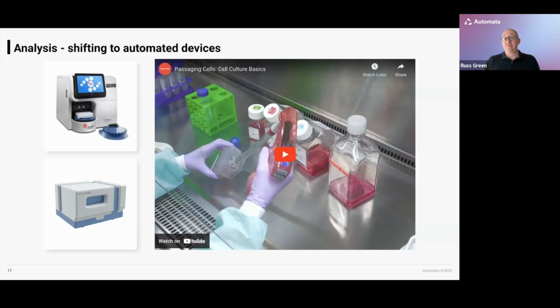But there are other devices that will work at a much higher magnification, or perhaps there are other kinds of analysis that need to be done, such as flow cytometry or something like that. Now there are also plenty of automated devices out there that will work around microplate-based labware, which is why that shift to different kinds of labware becomes increasingly important, because now my pool of analytical devices goes up extraordinarily.